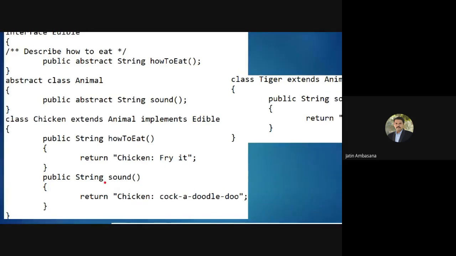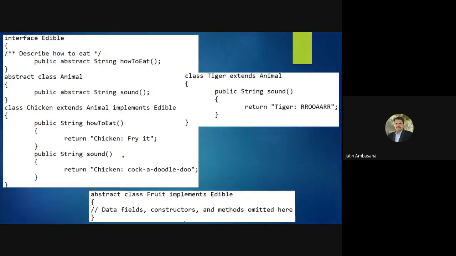And if it's the sound method, then we return "cock-a-doodle-doo". That's what the chicken says. So we are implementing two methods. howToEat comes from the interface, and the sound method comes from an abstract class.